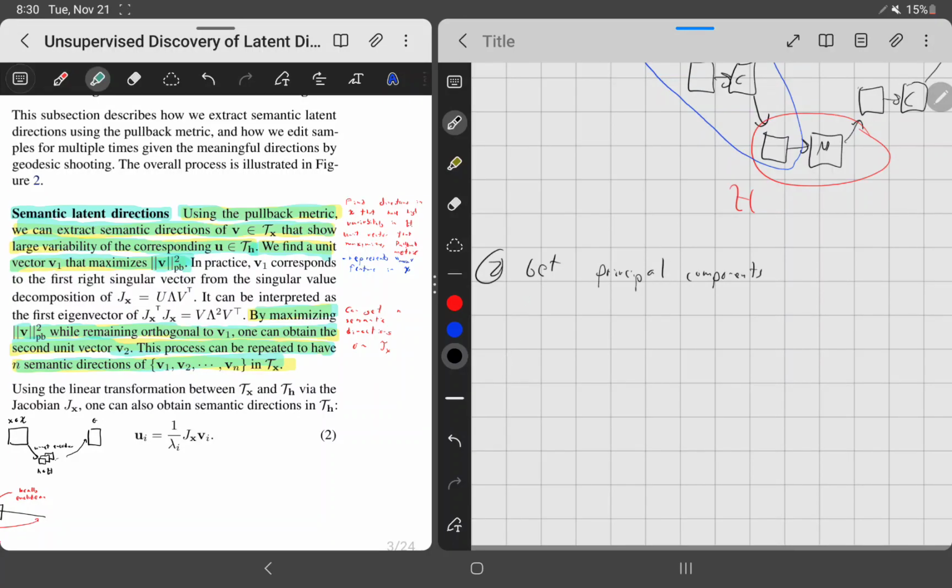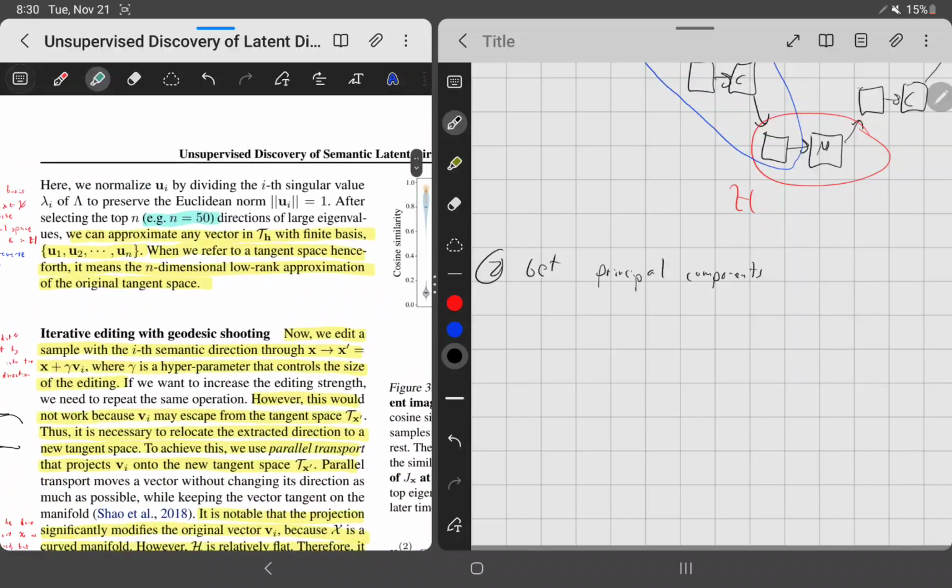If you know the eigenvectors and all the matrix stuff, the first eigenvector is the one associated with the largest eigenvalue. You just take the top n vectors of that. Yeah, 50. So that is the second step, and that's just defining directions they want to move in, because